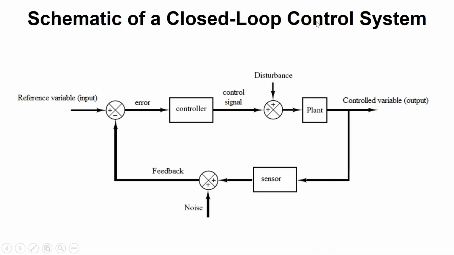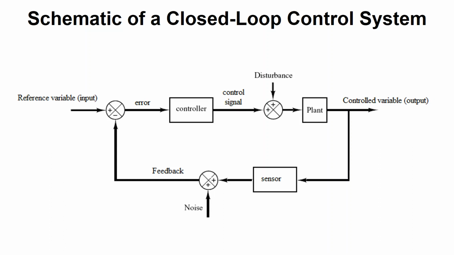But in a typical closed loop system, you have a sensor to measure this output, right? So again, if it's the temperature of your room, you need a thermocouple to measure the temperature of the room. If it is a servo motor and you want to control the angle, you have to have a sensor to measure the angle, and